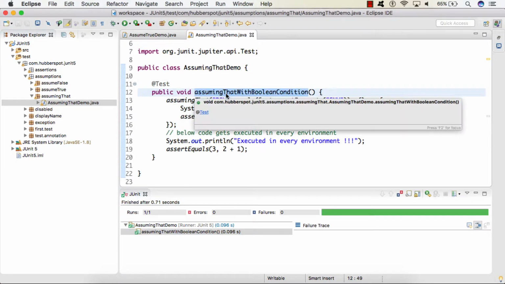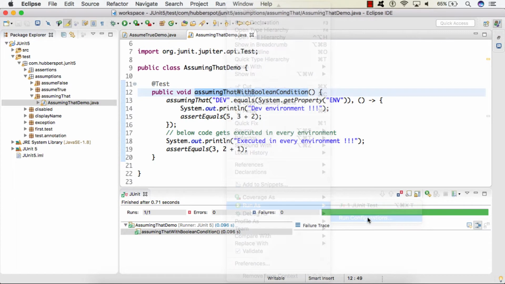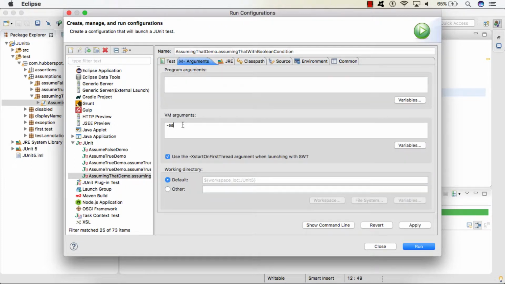Now friends, let's say I provide a system property to this test case. Let's say I go to run configuration, and here under arguments, in VM arguments, I simply give an environment property as env with a value of dev.